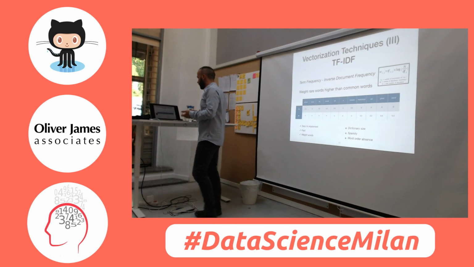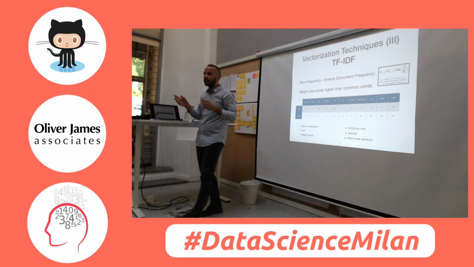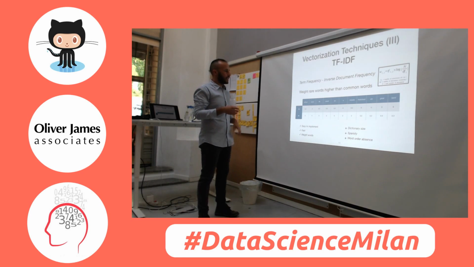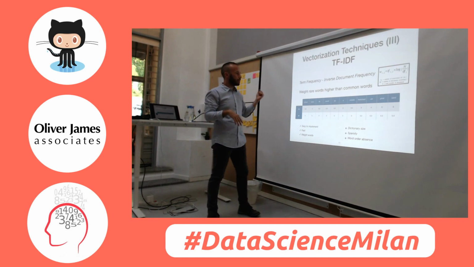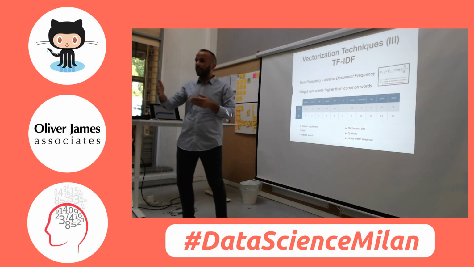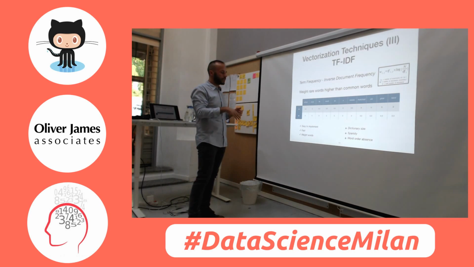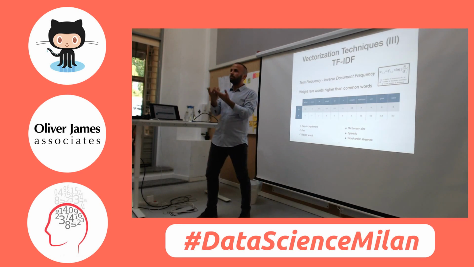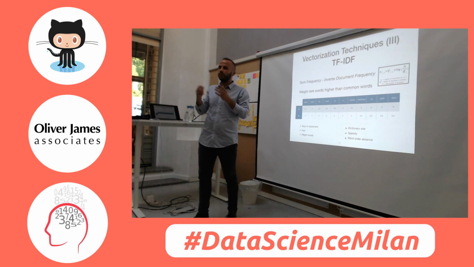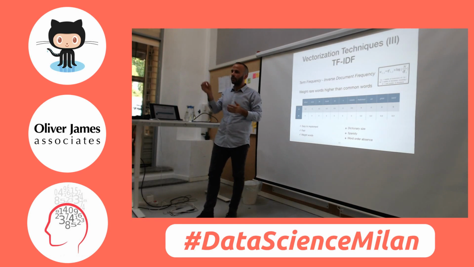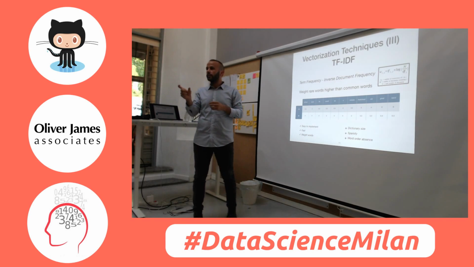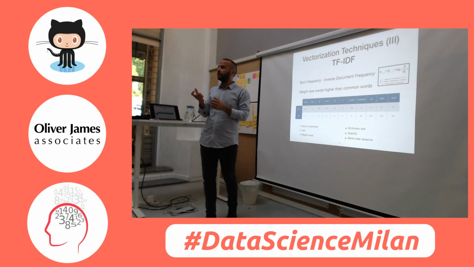So that's the hashing trick. There's another thing called Tf-Idf, which is somehow very close to bag of words. And that's why I'm pulling back my example from earlier. The concept behind Tf-Idf, which stands for Term Frequency Inverse Document Frequency, is this: let's take, for example, a book. A book is full of words, and there are some words that are repeated more than others. Let's think of, for example, the article "the", which will be in a book thousands of times.